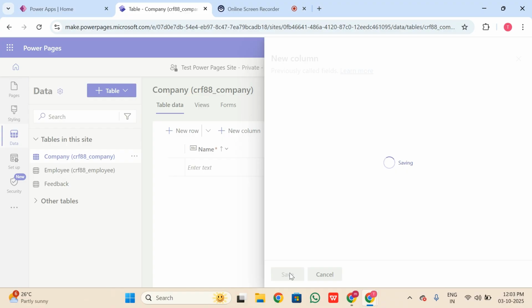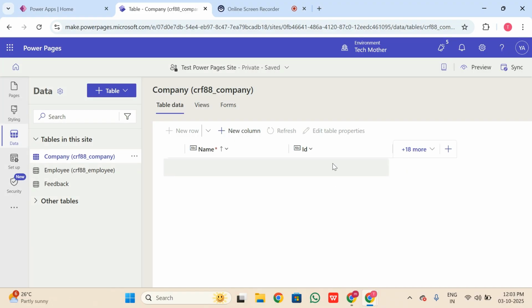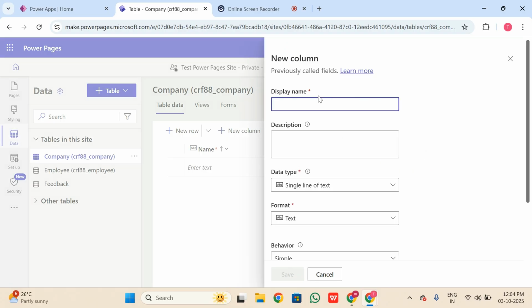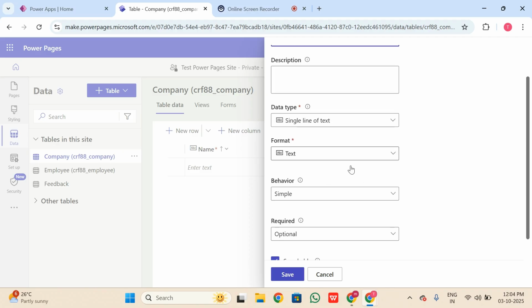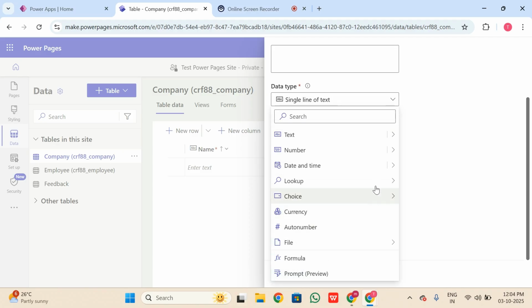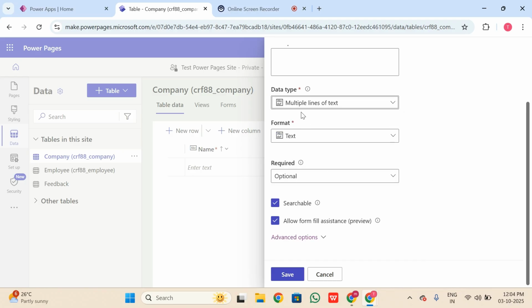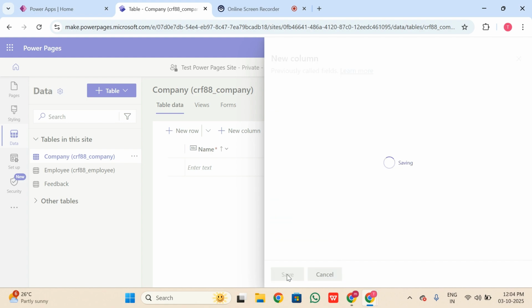Company name, company ID. Then next I will go for address. Address should be multi-line of text because an address is long, so we will go for multi-line of text. This is also not required, so I will click on save.